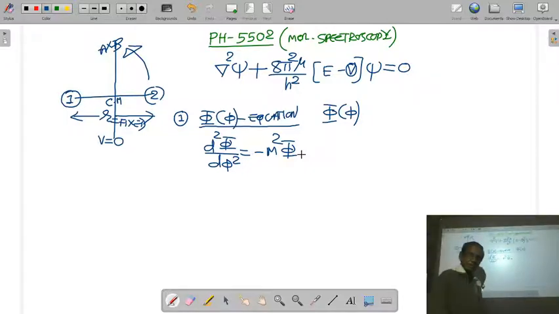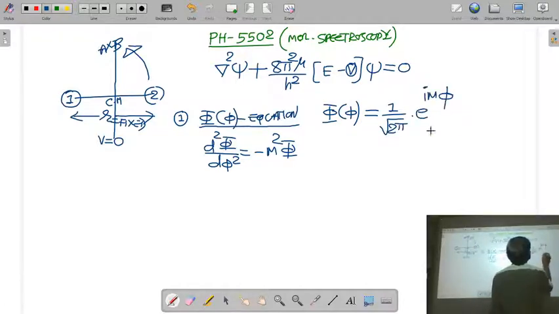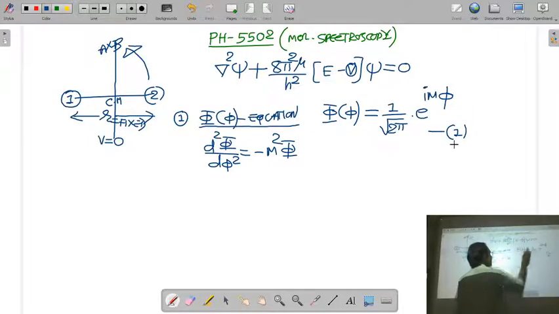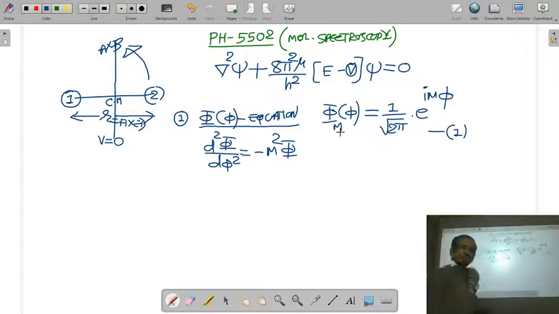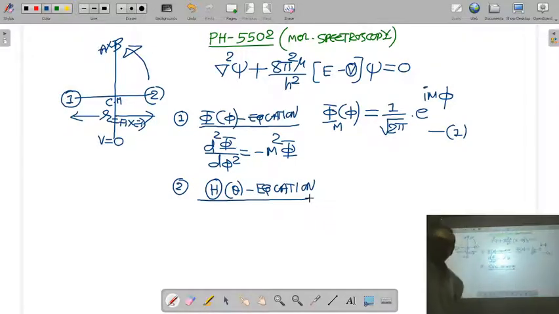In the last lecture, we solved this equation and got the normalized solution of this phi equation, that was 1 upon under root 2 pi e raised to i n phi. As the solution depends on n, we put the subscript n, phi n of phi. Okay, next. Today we are going to solve the theta part of the Schrodinger equation. We already solved the phi part of the equation, so today we will solve the theta equation.